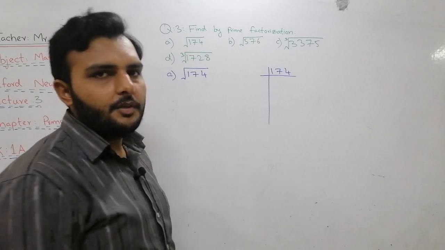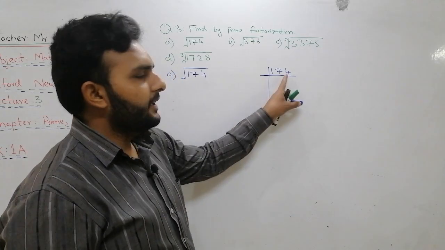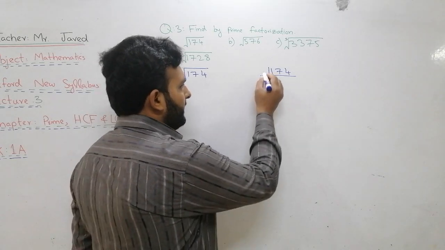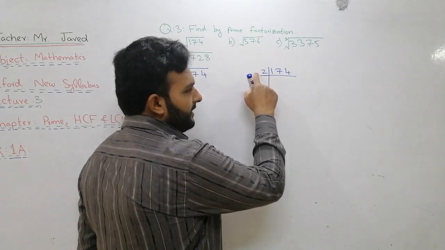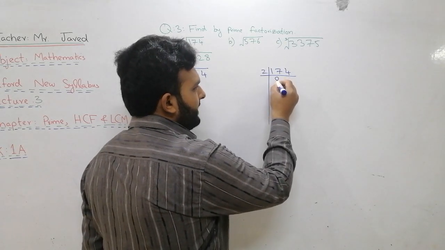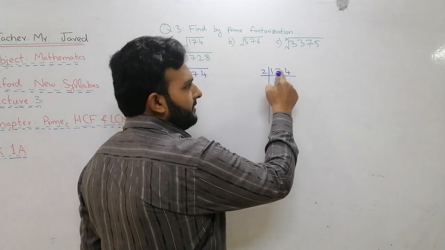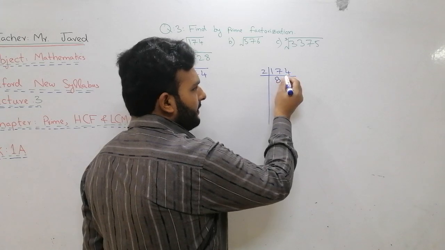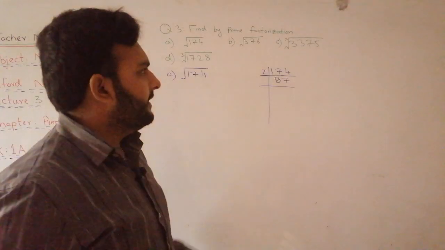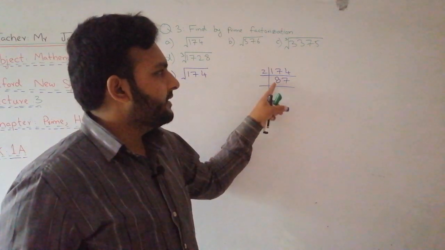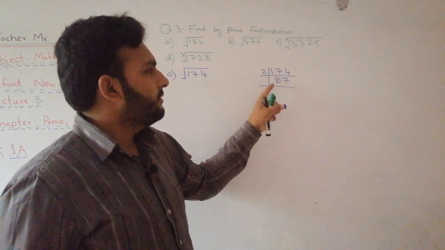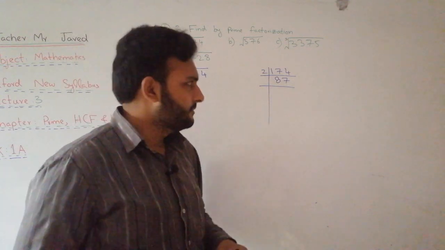17424. Must think about the divisibility by 2. The last digit is 4, so it is divisible by 2 also. Okay, so we will read the table of 2. 2 eights are 16, it is 17, 1 becomes here, so it becomes 14. So 2 sevens are 14. Now I want to repeat this again. 2 eights are 16 and 1, 2 sevens are 14. After that, what will we do?